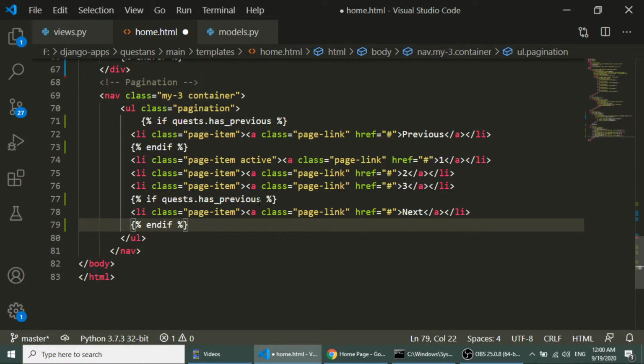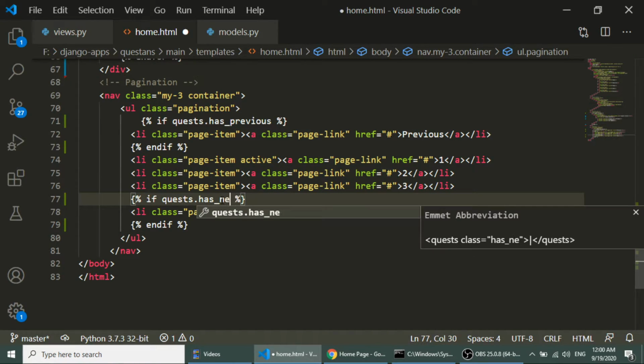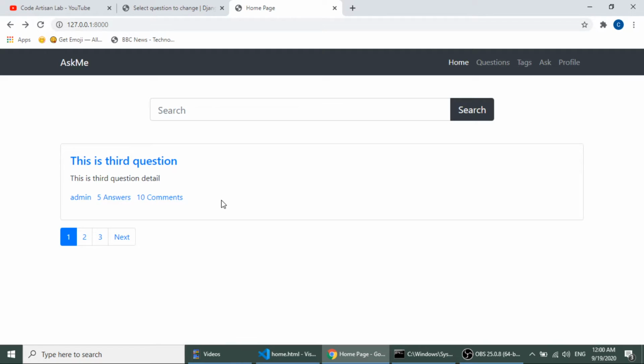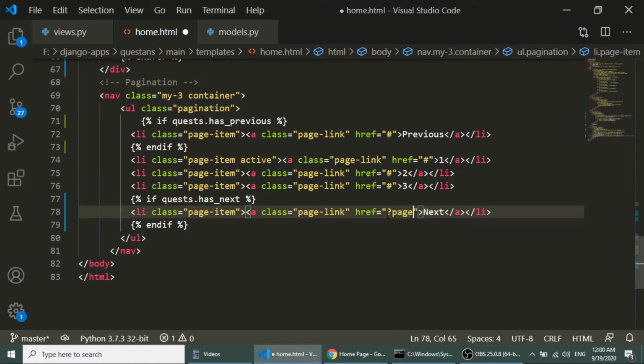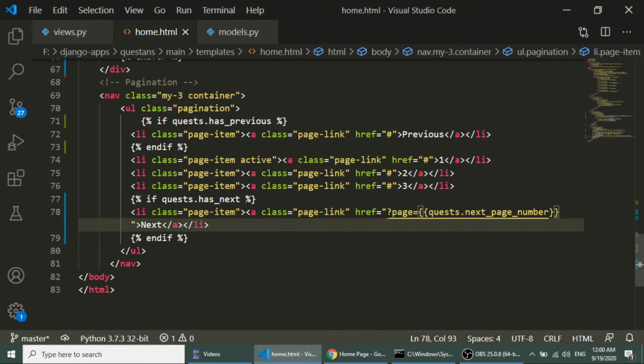So here we will add has next, then it will show the next link. Now here I will add page equal to quests.next_page_number.